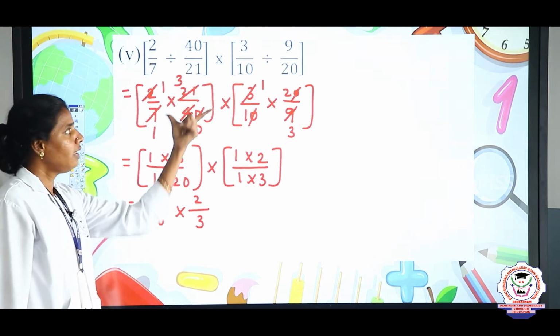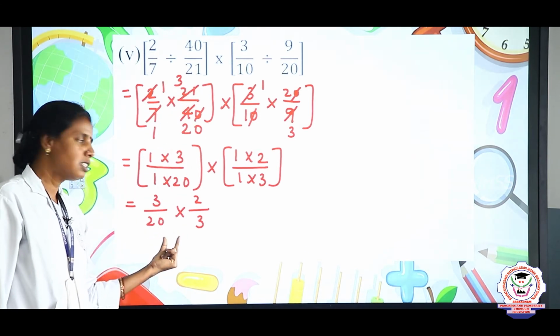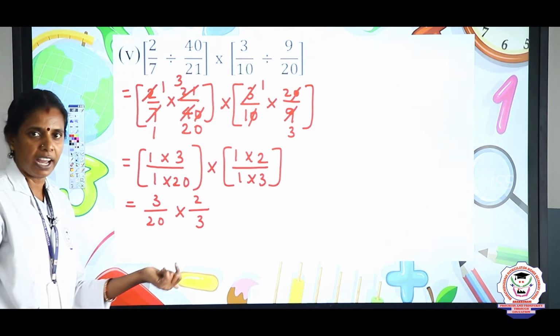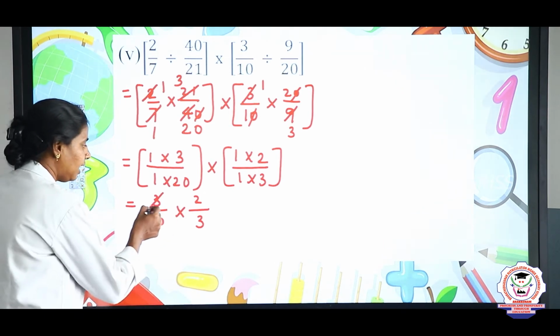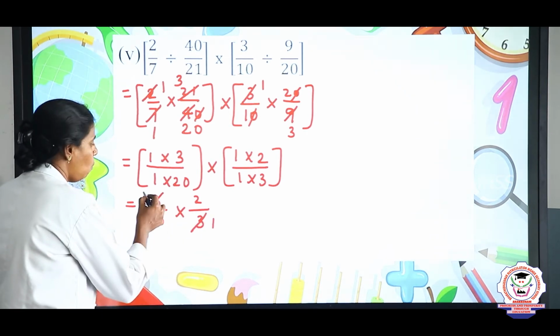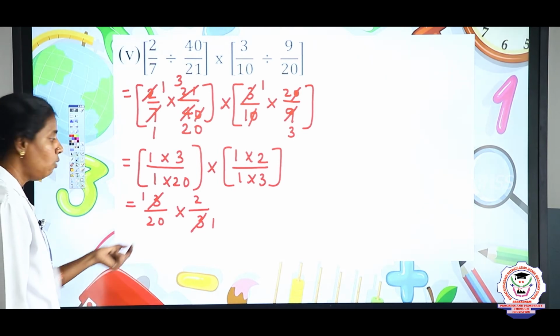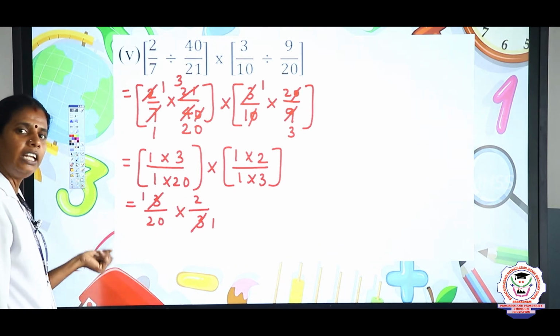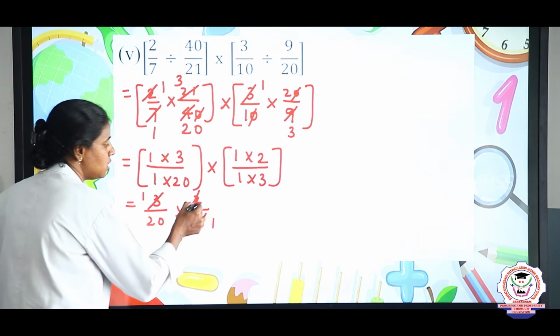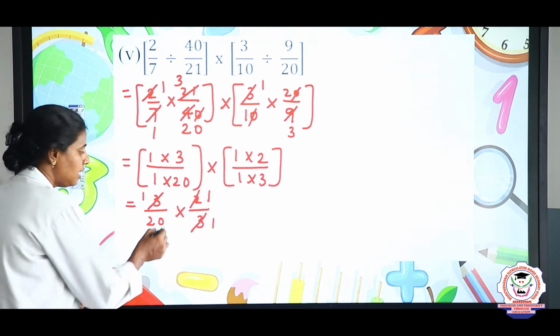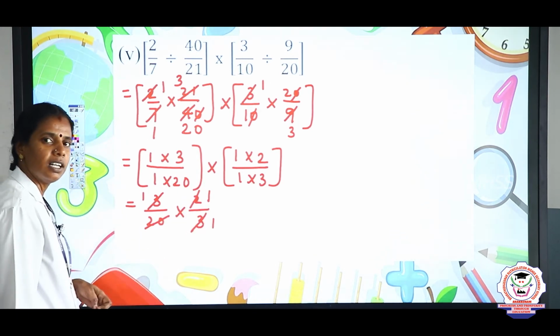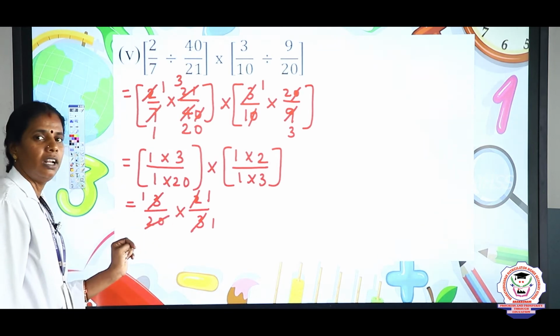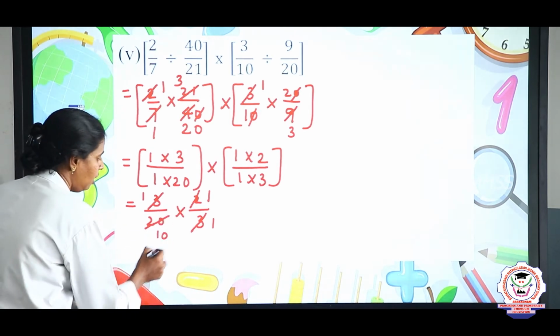So we have solved the given question to the simplest form, that is the product of two fractions. Now again we can cancel this 3 and 3 one time, right? And what about this 2 and 20? In the 2 table we can cancel this, which is 2 ones are 2, and this 20 will be how many times? How many times in the 2 table? 2 tens are 20. Very good children.